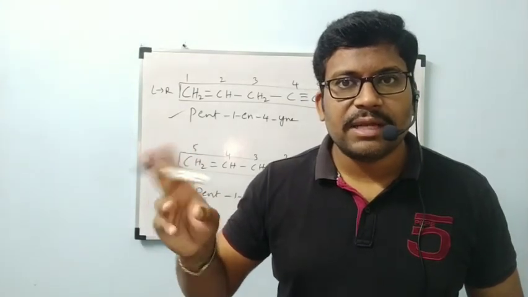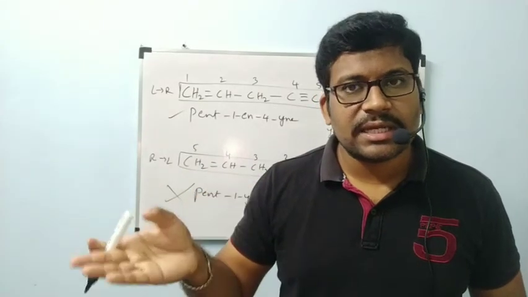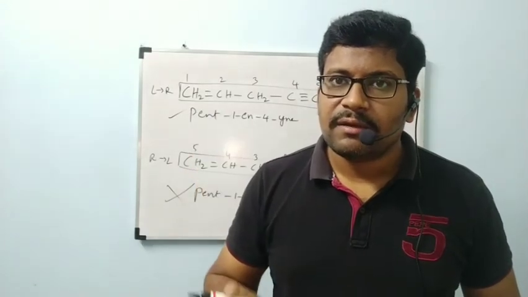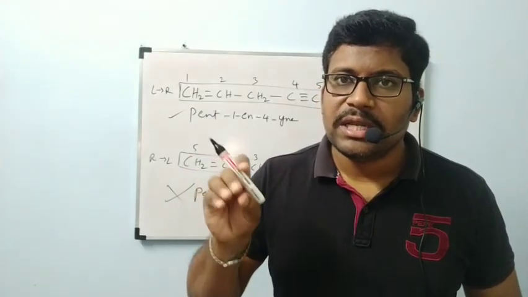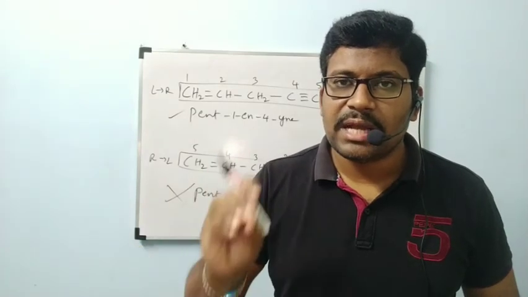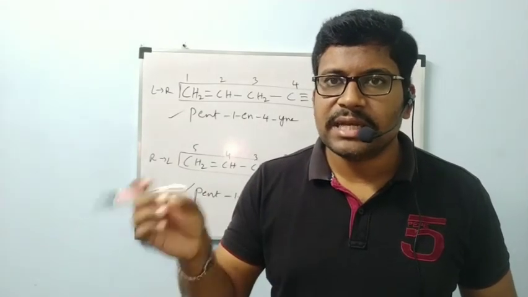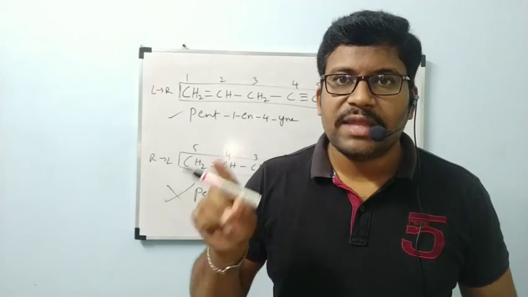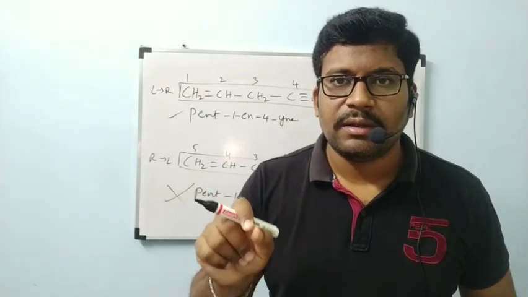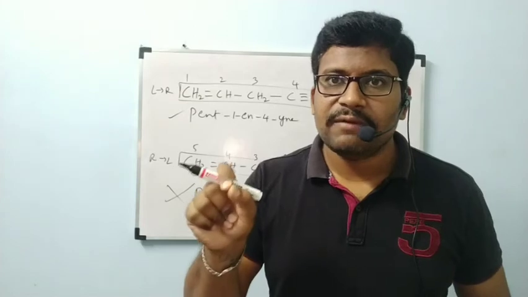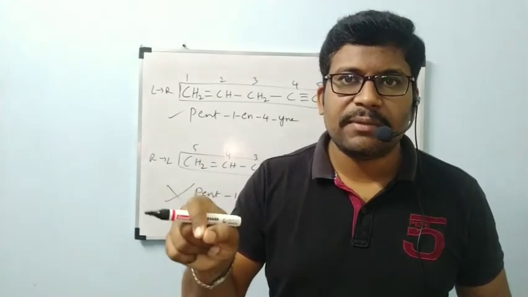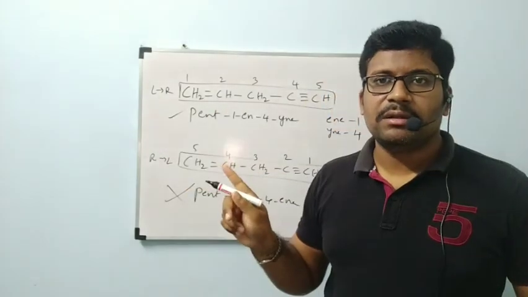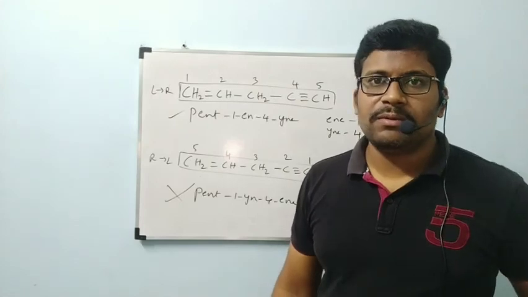When they are equally important, like side chains and substituents, here also double bond and triple bond are equally important. In that condition, when they have different positions, we follow the least number rule, whether ene is getting the least number or yne is getting the least number. If they get the same positions, we follow alphabetical order. In alphabetical order, ene will be first. In which numbering is ene getting the least number? That numbering must be followed. Here left to right numbering, we got ene 1, so according to that we give the name of this compound.